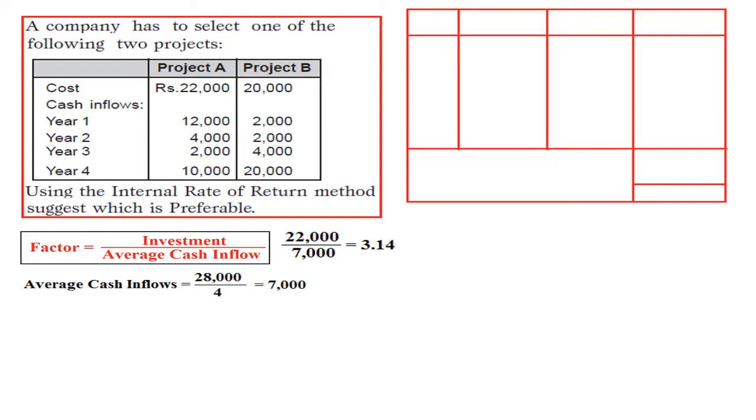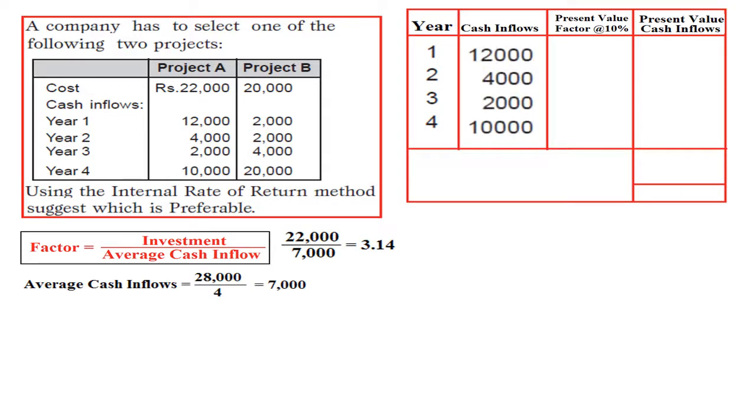Just see what the procedure is, as we have already explained NPV, how to calculate NPV. That video is also available. I will share that video in the link box already, so you can see it in the description box also. Here the cash inflow present value factor at 10% I have taken. Randomly I have selected 10%. Then the present value of cash inflow, any percentage you can select. So here years 1 to 4, cash inflows 12, 4, 2, 10.